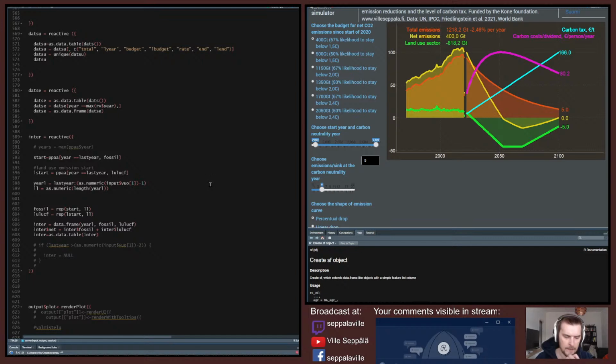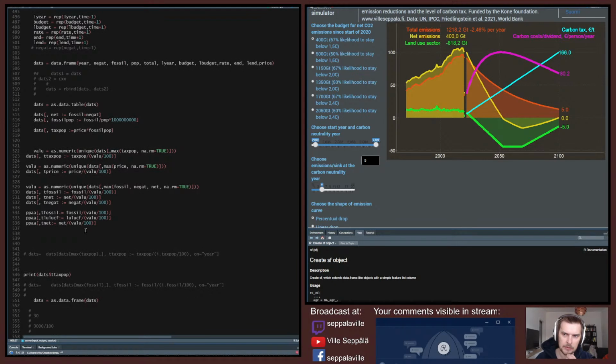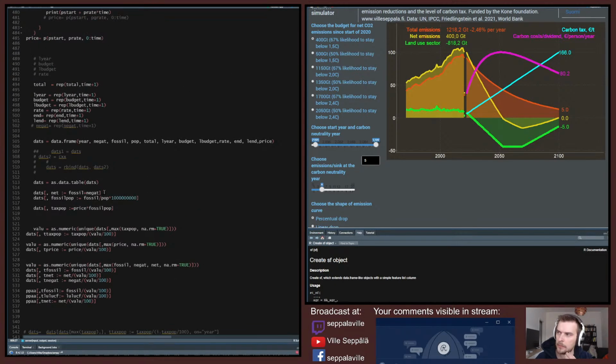Because the average cost should be the price times the average emission per person, but now it's something else. 80.2, but there seems to be some kind of logic here. I think it's just